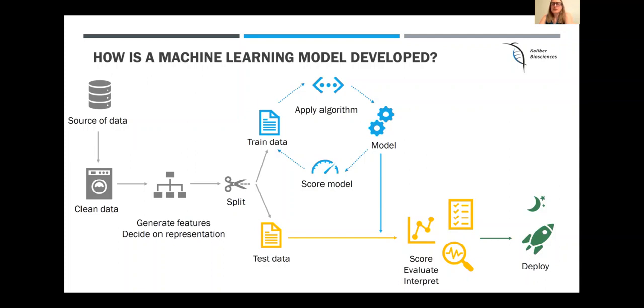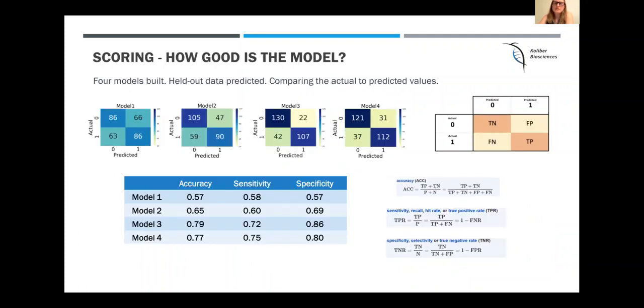Then the next thing I want to briefly touch upon is how we score a machine learning model. After we found those ideal weights, how can we quantify how well the model is doing? We have this held out data, the test data that we held out from the algorithm, and we know the actual values. So we know the truth, and we're trying to compare the truth to the predicted values. In a situation where we have a binary solution, where we're trying to predict a 1 versus 0,